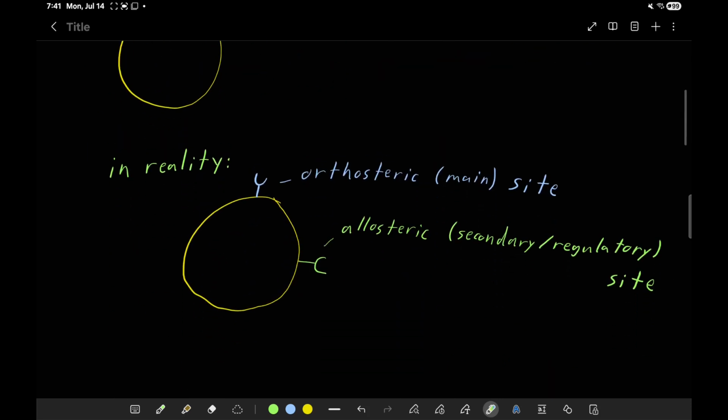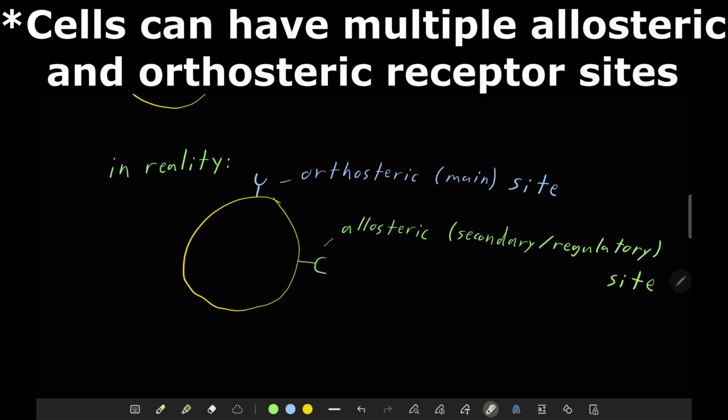So in reality, you have your main receptor sites, which are known as your orthosteric sites, and you also have a secondary area for receptors, a secondary receptor site, which is called the allosteric sites. Now, receptors on your allosteric site are usually secondary or regulatory, whereas your orthosteric site you can think of as your main receptors. So different things can bind onto your orthosteric receptors and your allosteric receptors to produce various different